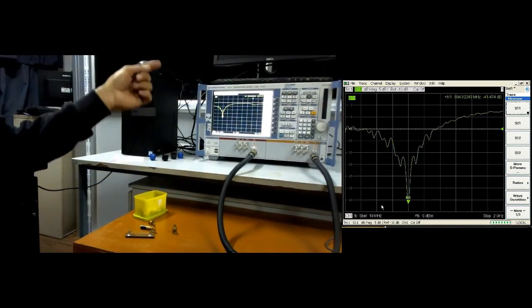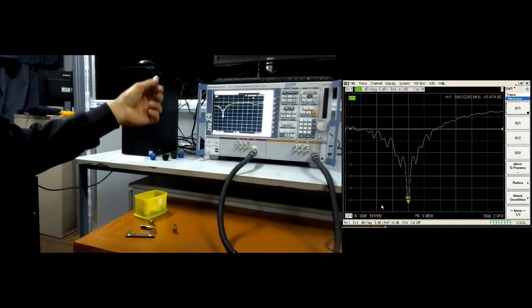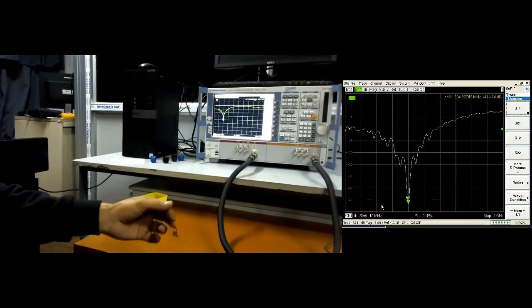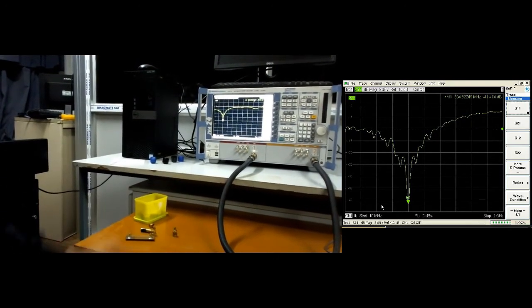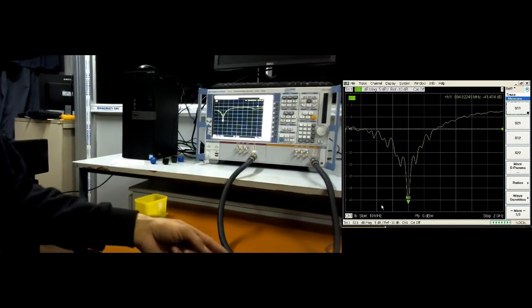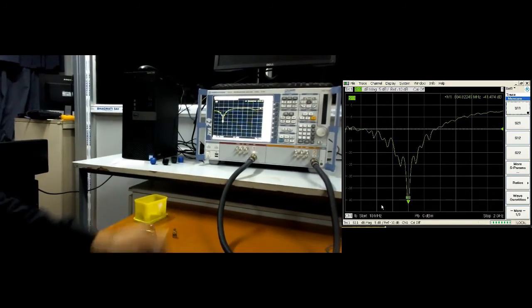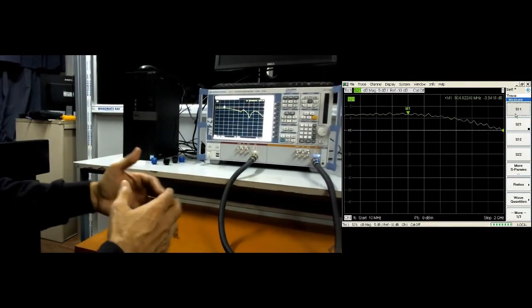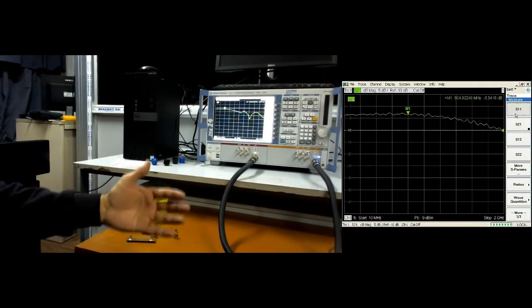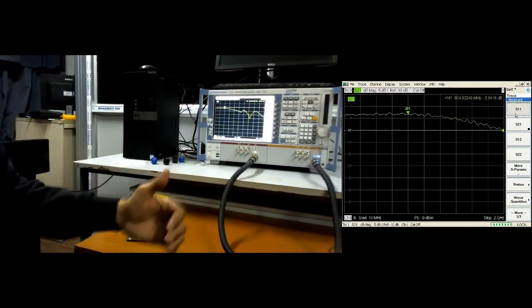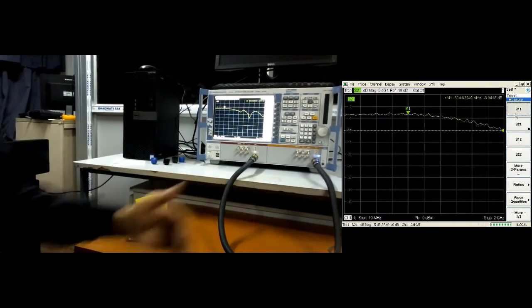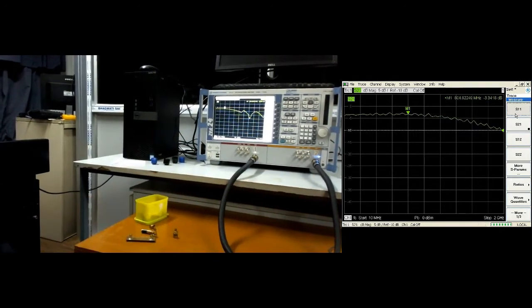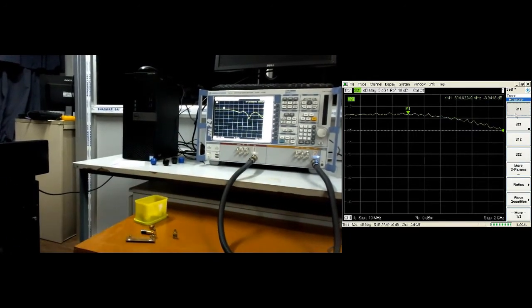So this is the frequency at which the power is being fed to our power divider. So now the source is at 800 megahertz. We have to check whether the power is divided at the other port at the same frequency, because at any other frequency the ratio of power division may be changing.